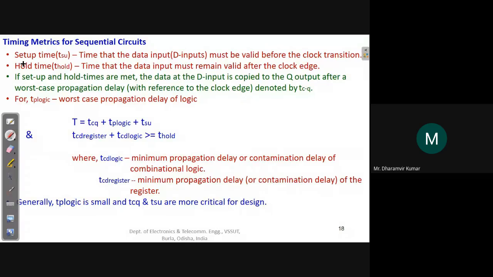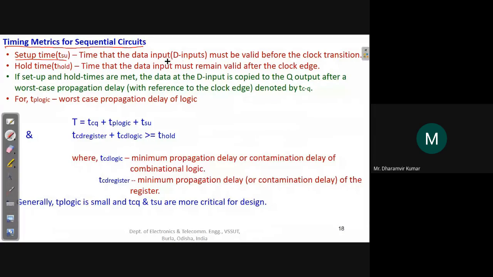Now let us see some timing definitions which are important from a sequential circuits point of view. The first important definition is setup time, TSU. So what is this? This is the time that the data inputs